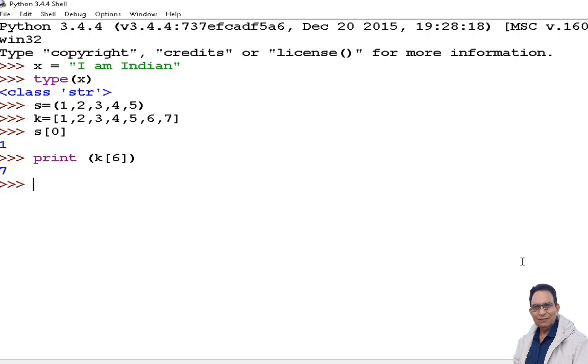Now one more thing I should tell you, and that is mutable and non-mutable. Lists are mutable while tuples are non-mutable. Non-mutable means value of its element, or tuple's element, we cannot change. In case of list we can change it.